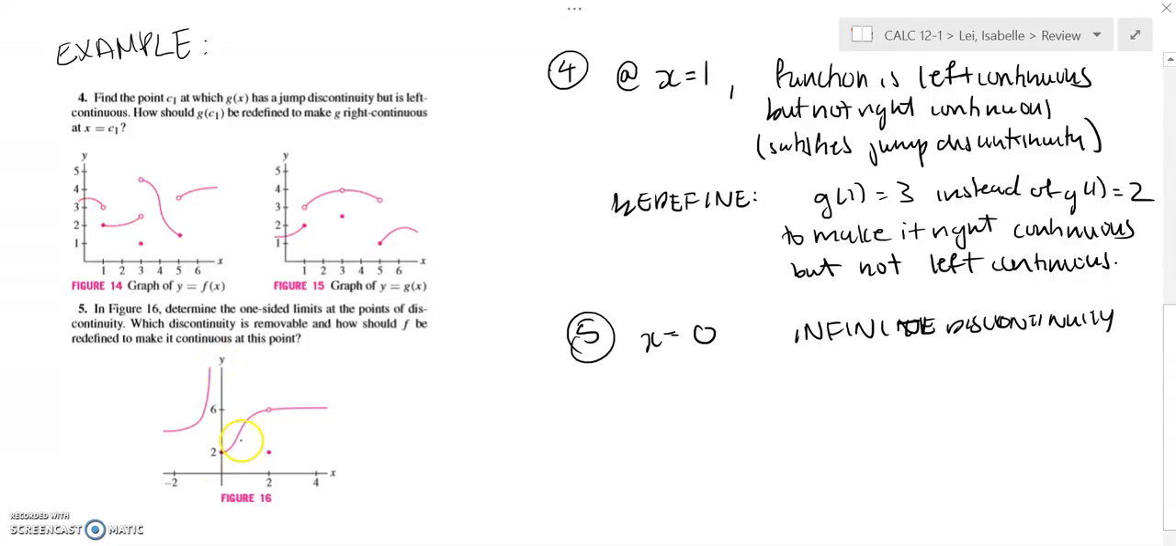And since both sides are not definable and they do not equal the same y value, which is the definition of a continuous function, that at one x value, both left bound and right bound limits equal the same y value. Since this does not happen, this means that it is infinitely discontinuous. And then at x equals 2, there is a removable